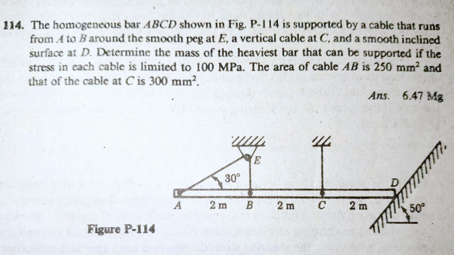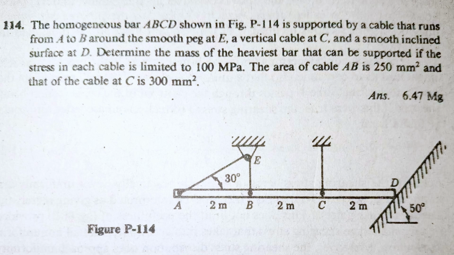So this is problem 114 on page 15 of the book Strength of Materials, 4th edition by Andrew Pytel and Ferdinand Singer. So problem number 114, the homogeneous bar ABCD shown in figure P-114 is supported by a cable that runs from A to B around a smooth peg at E, a vertical cable at C, and a smooth inclined